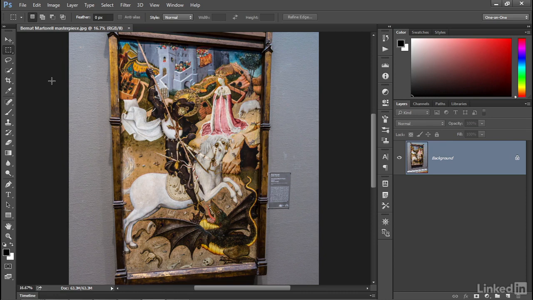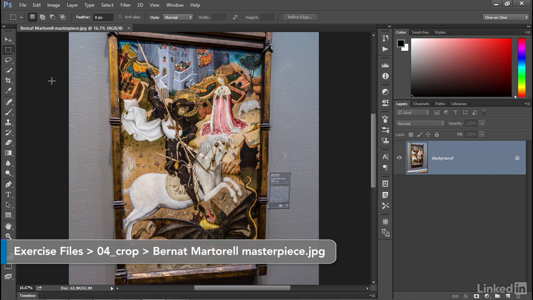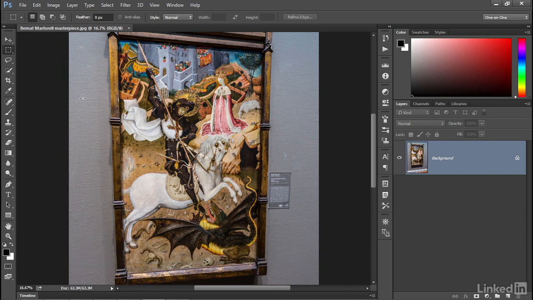In this movie, I'll show you how to use the lesser known but actually very exciting perspective crop tool, which allows you to correct an image element that's captured in perspective. So in my case, what I want to do is extract this painting from its frame so that we're viewing